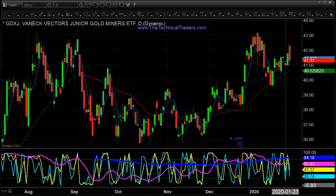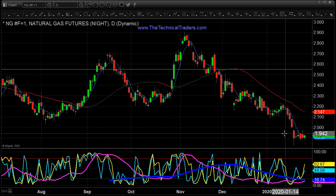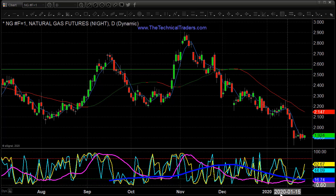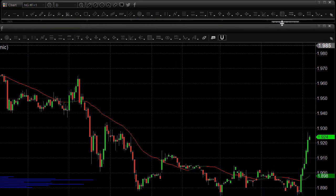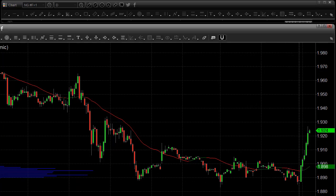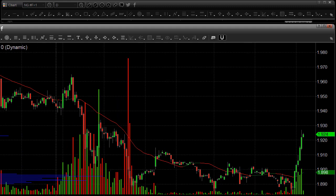Taking a look over at energies, natural gas up 1% this morning. We're seeing some half decent volume step in. We've been seeing this quite often in the pre-market. If I just scroll up a little bit, you can't see the volume on this chart, but actually I think I can drag and drop it up here. More or less, we keep seeing in the mornings,